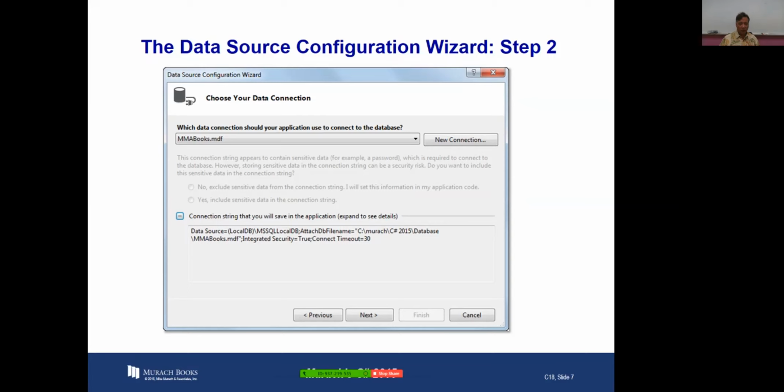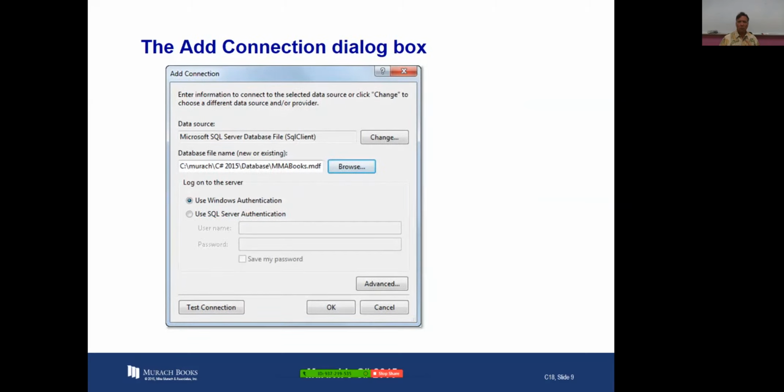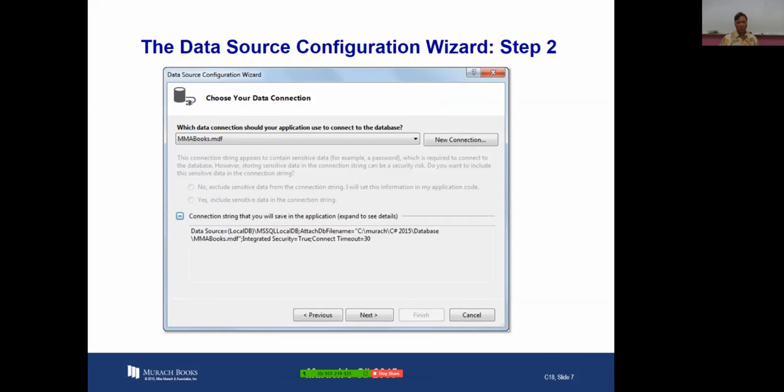And in this case, we choose our data connection. Well, actually, we do this first. We see our step 2, step 3. This doesn't seem right. Okay. Anyway,